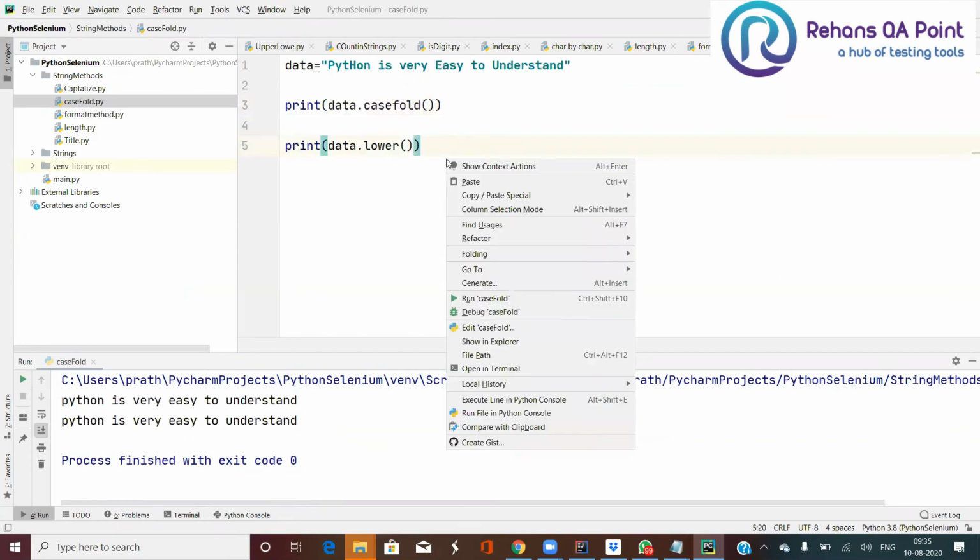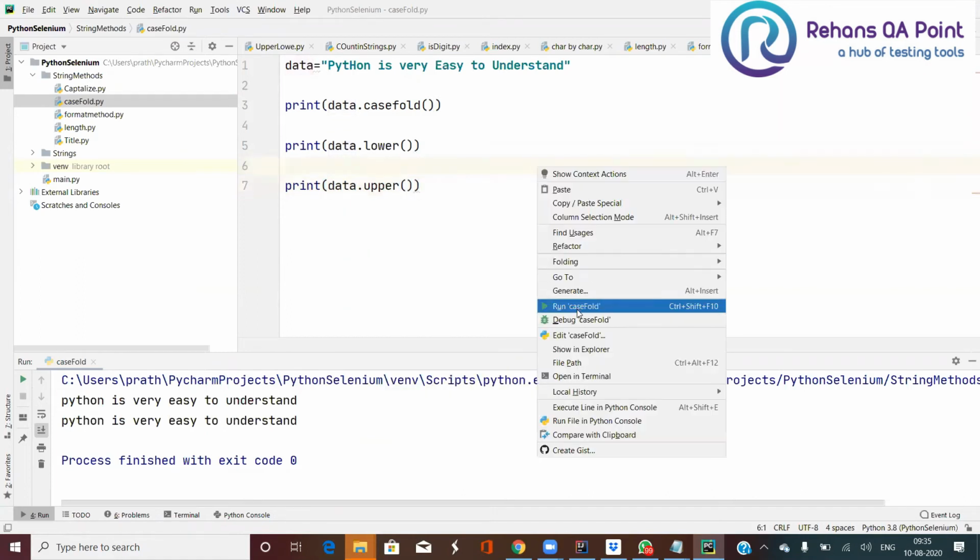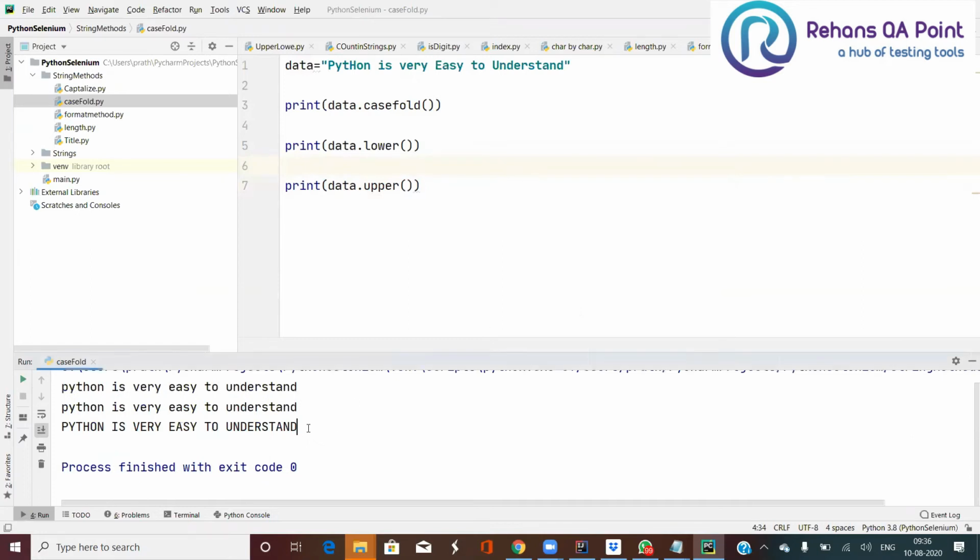The syntax is again print of string or string variable, whatever it may be, dot upper. It is going to convert the entire string into uppercase. See here. So to convert anything into lowercase, use casefold or lower. If you want to convert everything into uppercase, use the method called upper.